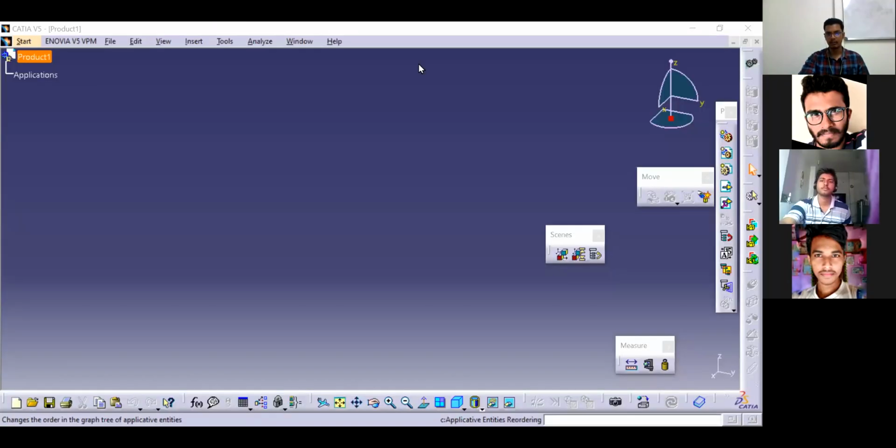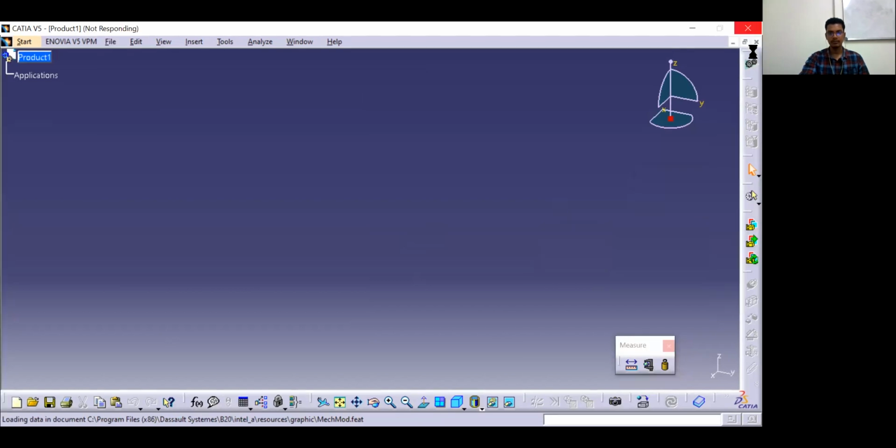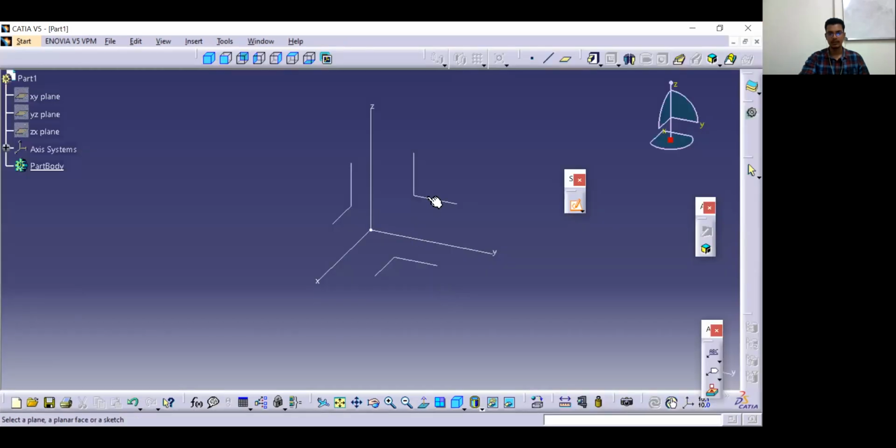Before creating that sketch, we need to learn how to make a sketch constrained, right? To do that, I'll go to Start, Mechanical Design, Sketcher. Now I'll select this plane and go into Sketcher.